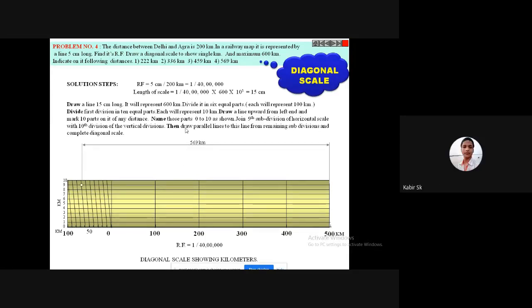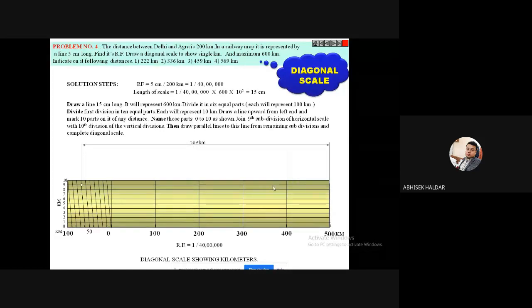Yes, sir. Again, I am showing you another example, 459 kilometers, so that it will be more clear if anyone has some doubt. So 450 plus 9. 400 means 0 to 400. I have got this line. Whatever dimension you show over here, you show outside the scale, not inside the scale.